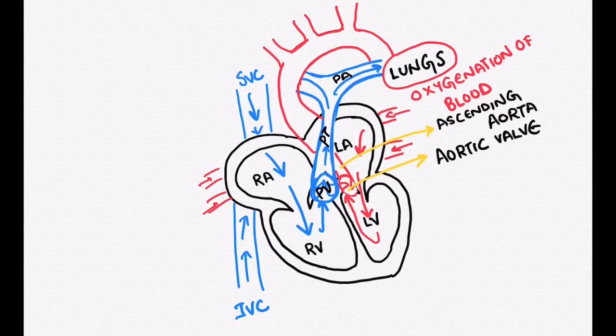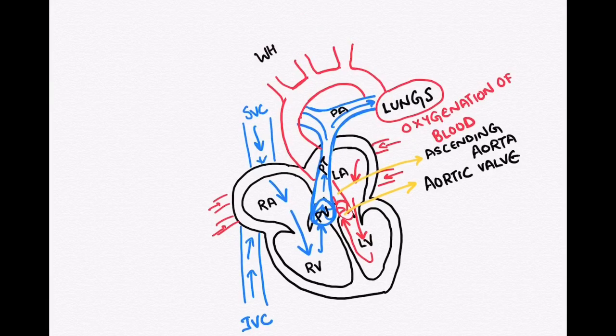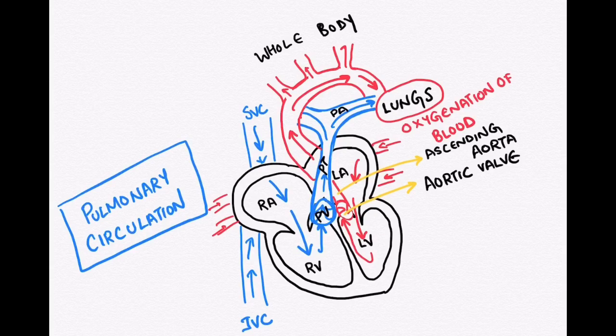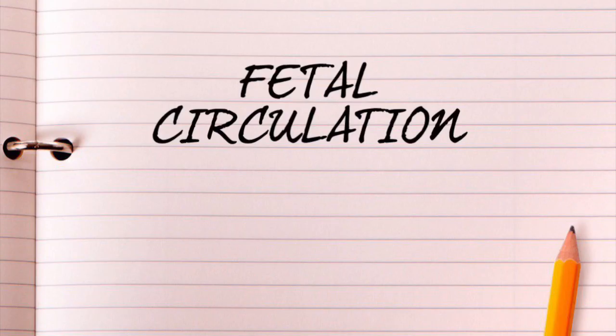And aorta is the artery that is supplying blood to all the body parts. So, pulmonary circulation is the one which carries deoxygenated blood from the right ventricle of the heart to the lungs through the pulmonary artery, and systemic circulation is the one that carries oxygenated blood from the left ventricle of the heart to the rest of the body by the aorta.